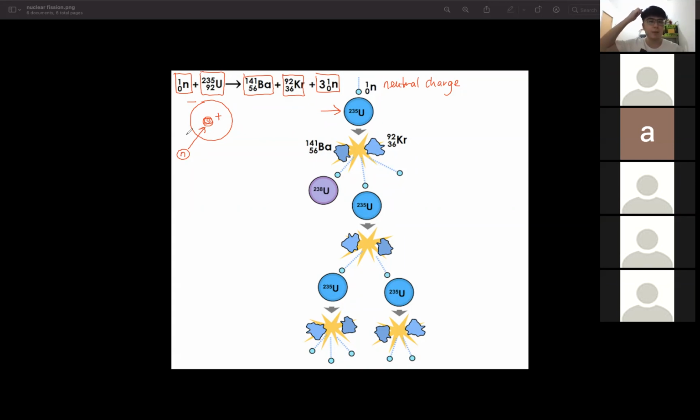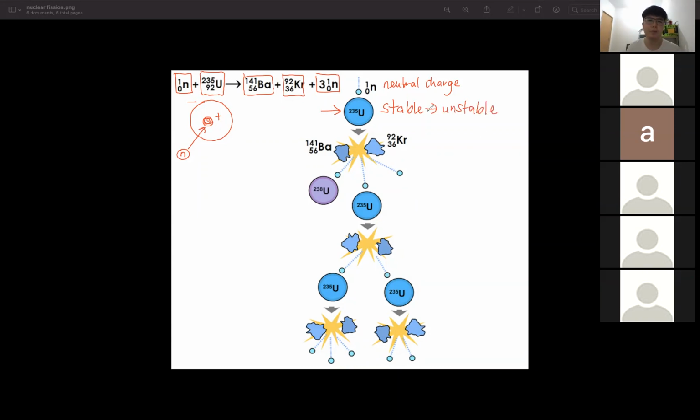Now what happens is that when you bombard a neutron to the uranium nucleus, what happened to the uranium? Now the uranium nucleus has 1 extra neutron. And this extra neutron will make the uranium become unbalanced, become unstable. Initially it is fairly stable, and it becomes unstable because 1 neutron is